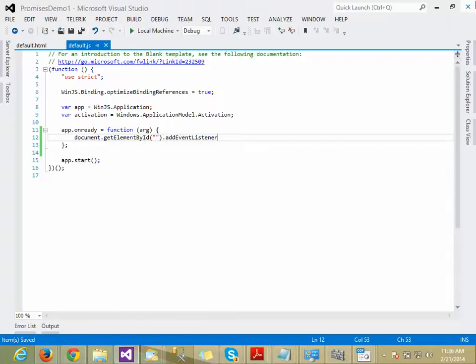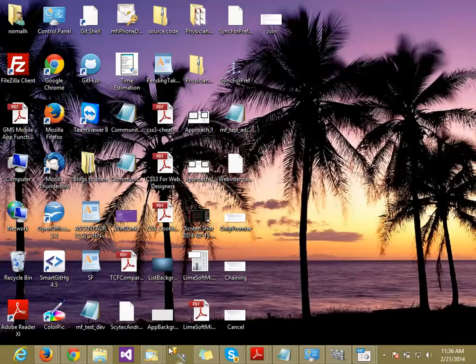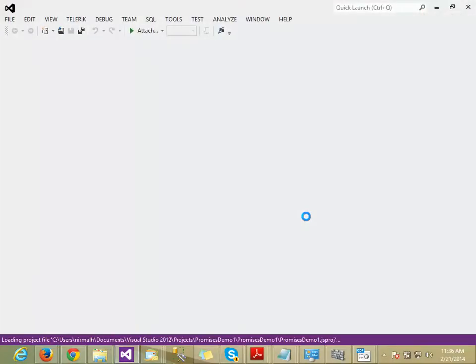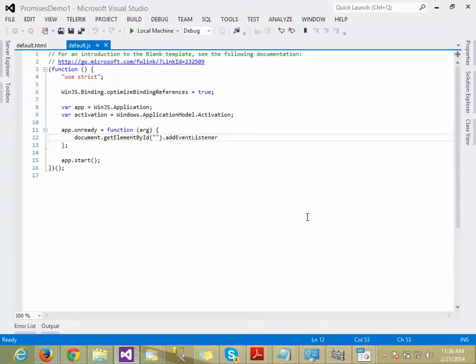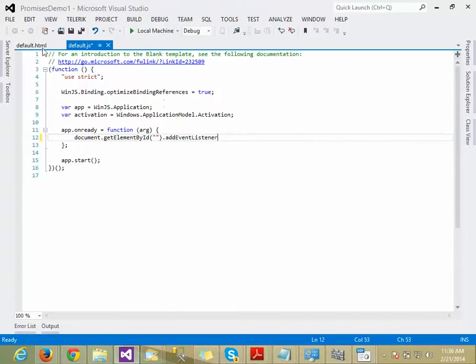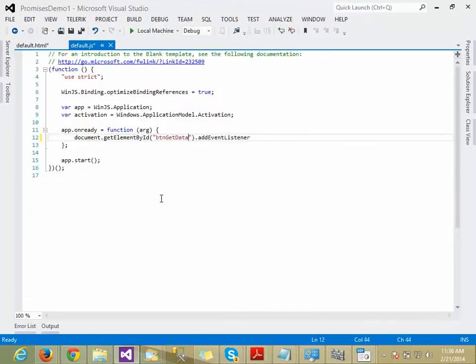Let's do one thing, close and open it. Hope IntelliSense works this time. This is the button. Add click, so a function to handle the click event.